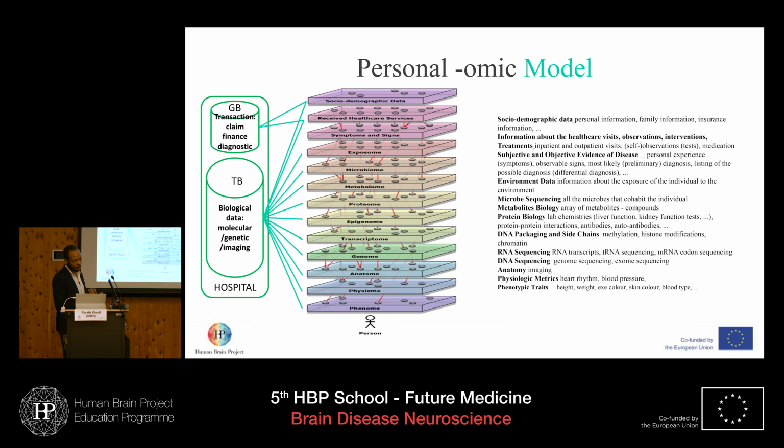The data that you find in hospital now are very interesting. There are 2 types of data basically that you find in hospital. There is data that are very few gigabytes, and this contains, basically when you go to hospital, information about your insurance, your claim, your finance, the diagnostic, etc. It's quite rich information, a lot of patients. You can have millions of records, but not that interesting in terms of biology. It's very narrow and gives you just information about sociodemographic data.